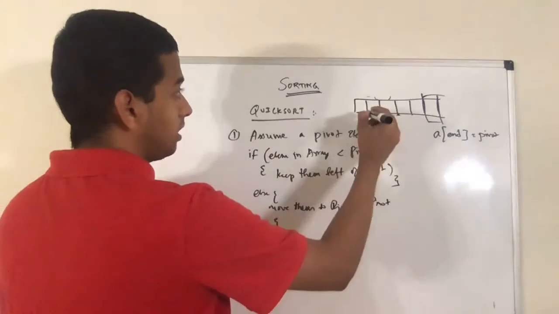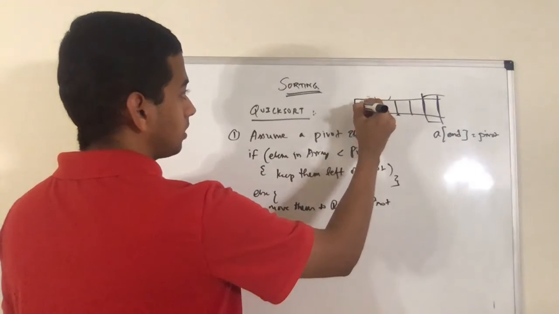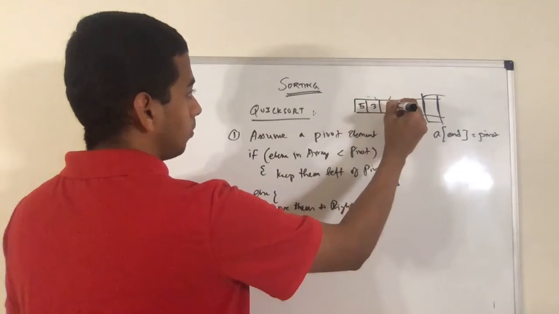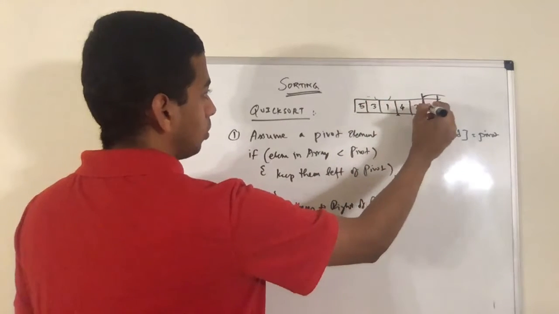So for example, in this input, if the input array is 5, 3, 1, 4, 2, and